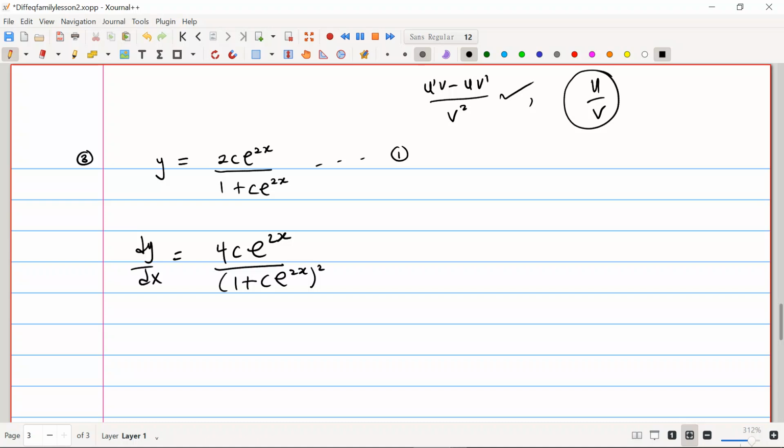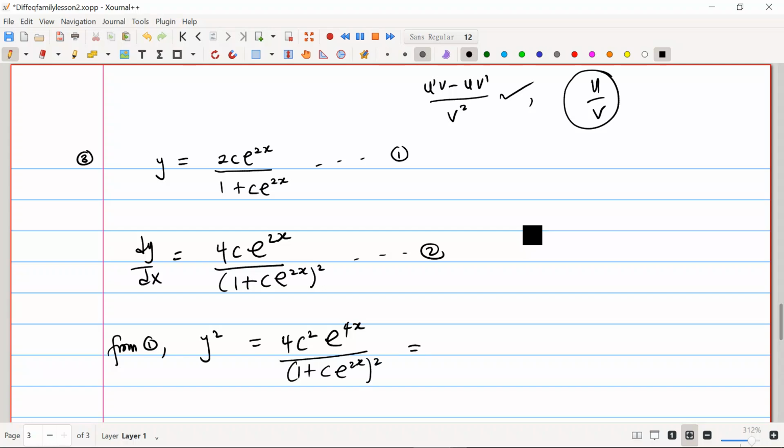If I square y, right, so let me call this equation 2. From 1, y squared is equal to what? It's going to be 4c squared e to the 4x, okay, divided by (1 plus c e to the 2x) squared, which in other words, this is the same thing as